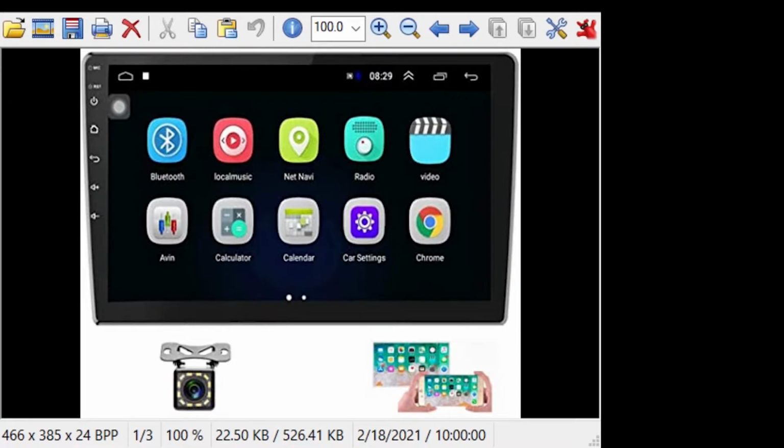I was looking for something which looks similar, but with a modern Android, modern processor, more RAM, more capacity, which works well. Because I wanted to use YouTube, Spotify, YouTube Music, but also USB flash drives. And I found the same one, which I could put in the same place, because the back is 1 DIN, but the front is a 10-inch display. I found it on AliExpress in China,